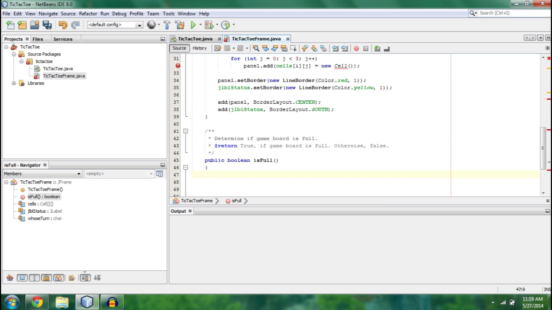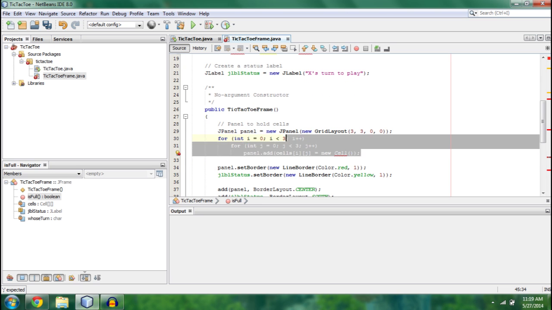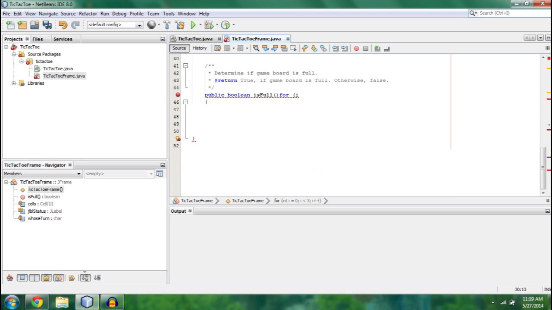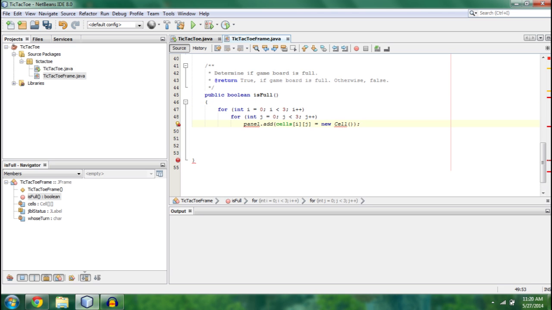Alright, public boolean isFull. Let's see. For this, we're going to do something similar to, in fact, I can probably just copy and paste this three-line for loop here. Oops, why did it go up there? So instead of adding it to a panel, though, we're going to check if